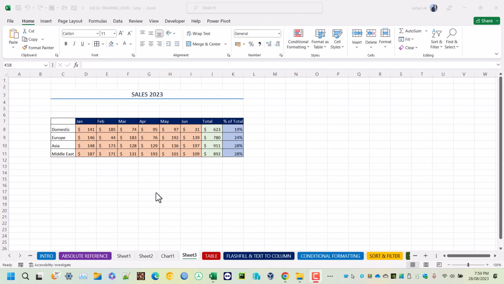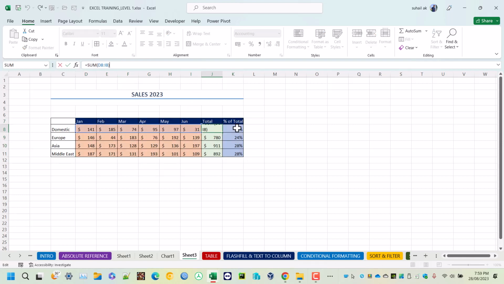But before we copy this data, if you examine it, we can see that the data is there, and then I applied some formats, and number formatting is there, like the dollar sign and the percentage symbol. That is called the number formats, and the cell formatting means the colors, and I also applied the borders. So data is there, and formulas are also there in the total column and the percentage of total. So formulas, data, cell formatting, and number formatting are all there. So let me copy this,